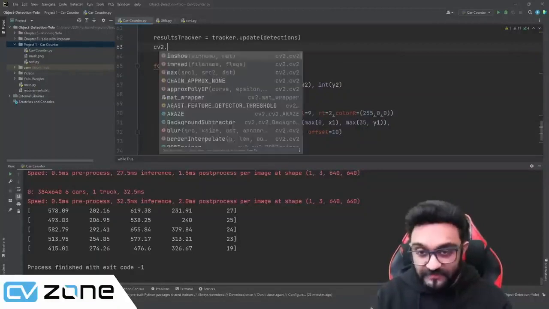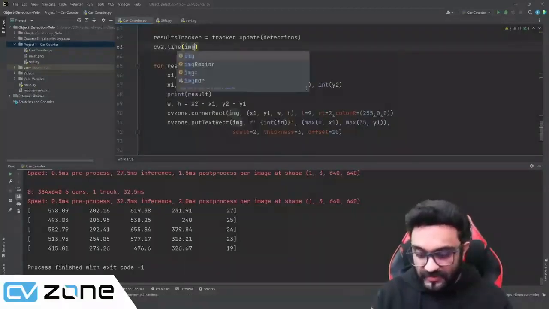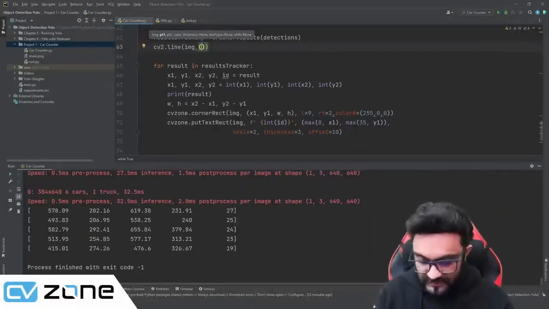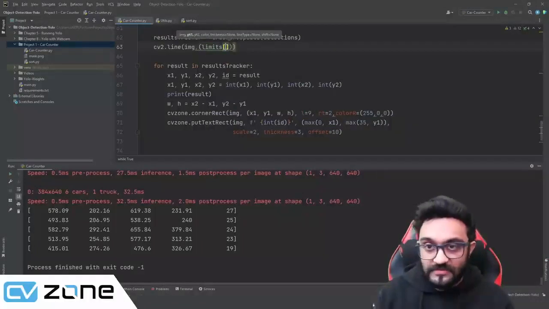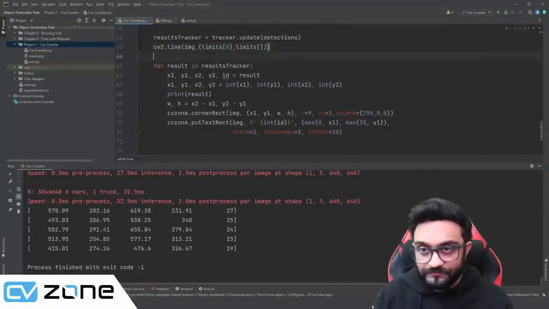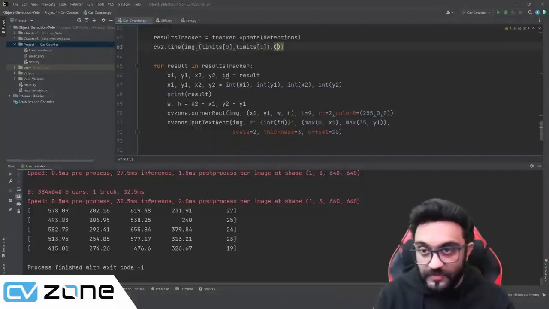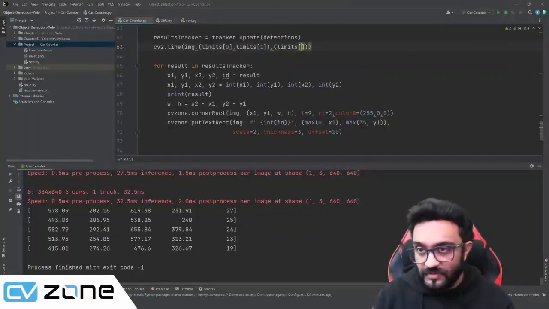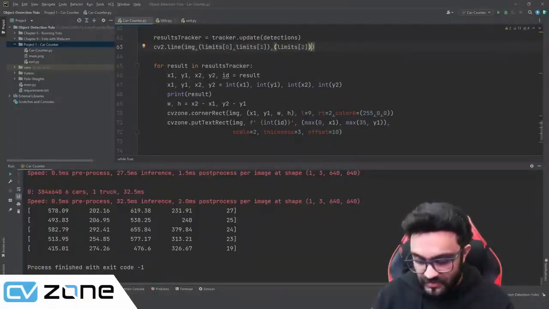So here we'll write cv2.line, and we'll give in the image, and then we have to give in the points. So the points are basically limits at 0 and limits at 1. Then the second point will be limits at 0, limits at 2, and